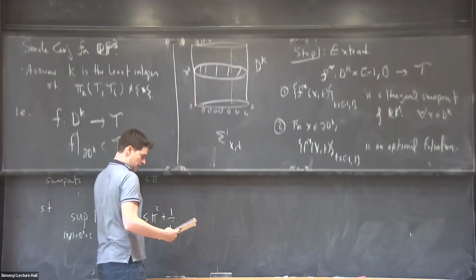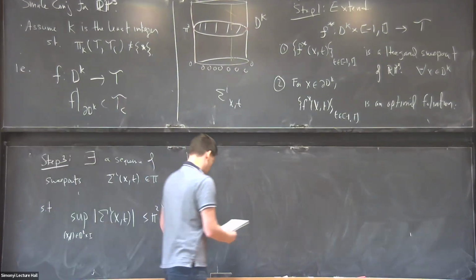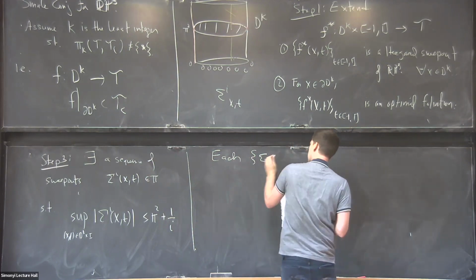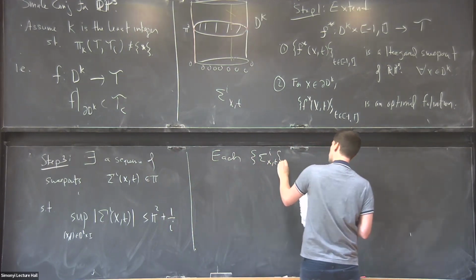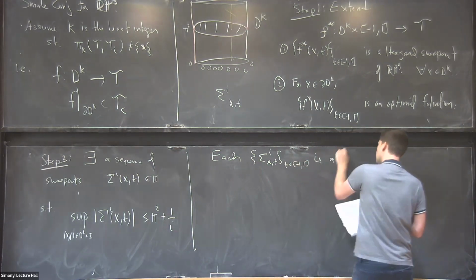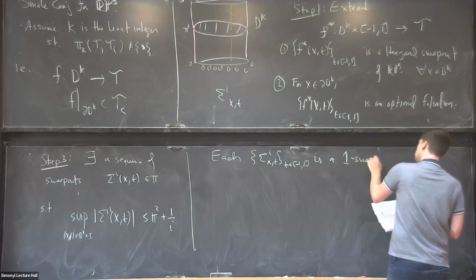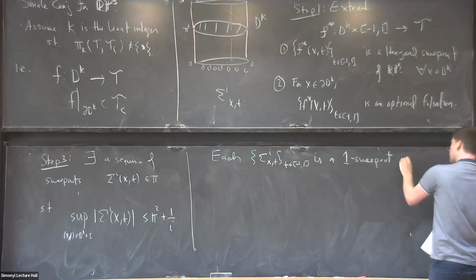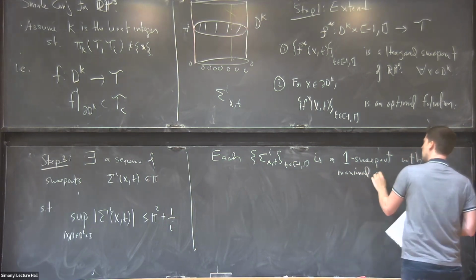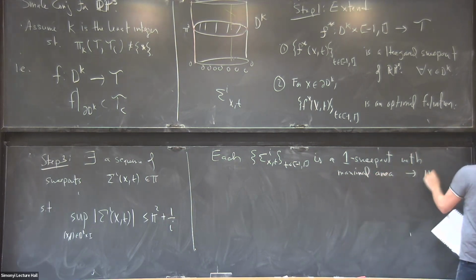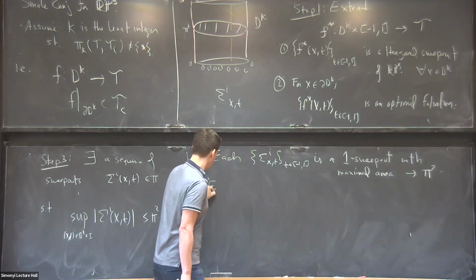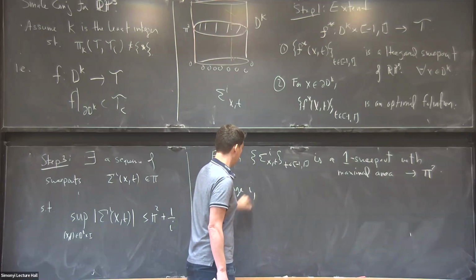So let me just stick that. Okay, so, right, if I just look at this 1-parameter family where t goes from -1 to 1, it is a 1-parameter family that sweeps out with maximal area approaching pi squared. And that means that for large I, if I go really far out in my sequence,